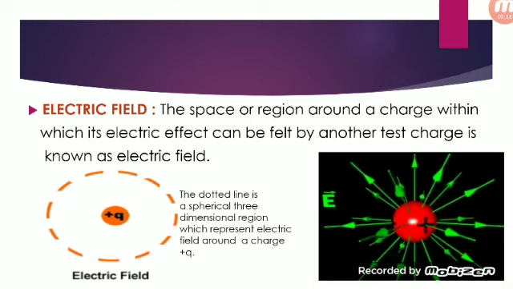If the test charge is taken positive, then the force will be repulsive and is directed away from the source charge toward the test charge. And if the test charge is taken negative, then the force will be attractive, that is, from the test charge toward the source charge. But usually the test charge is a small charge and is taken positive.